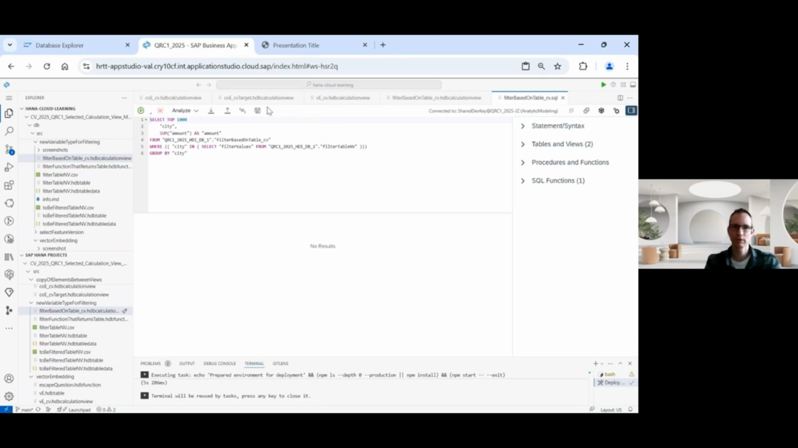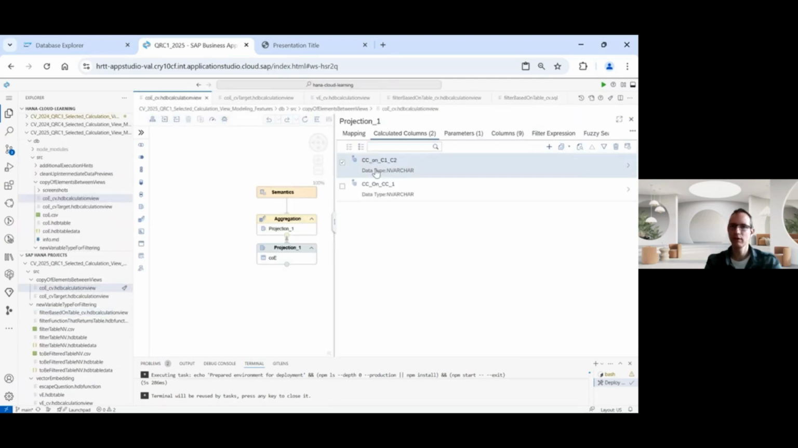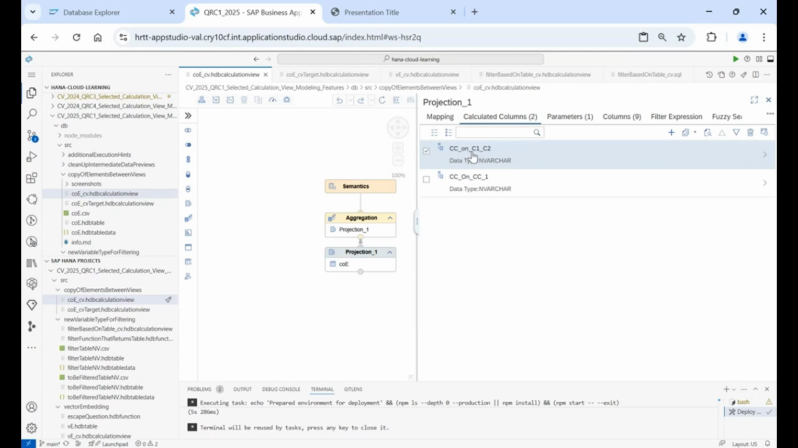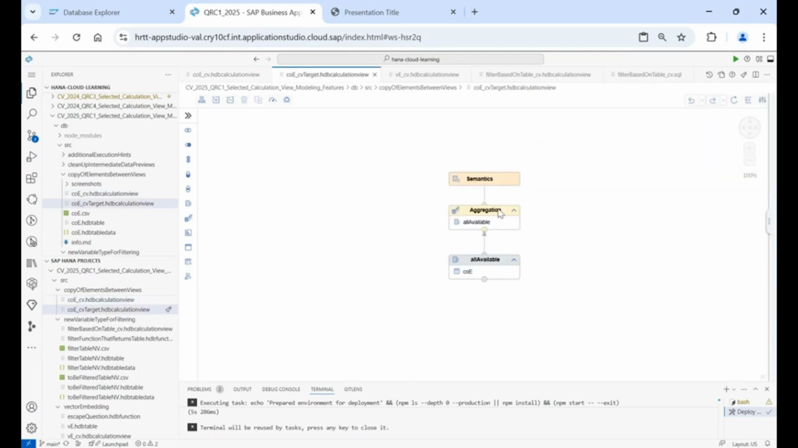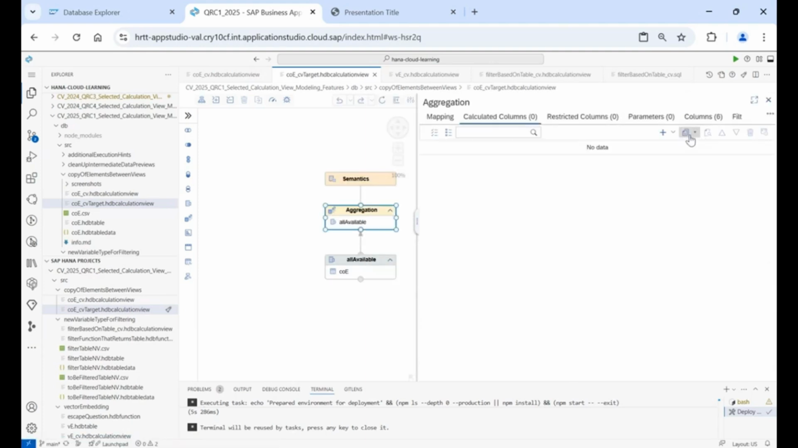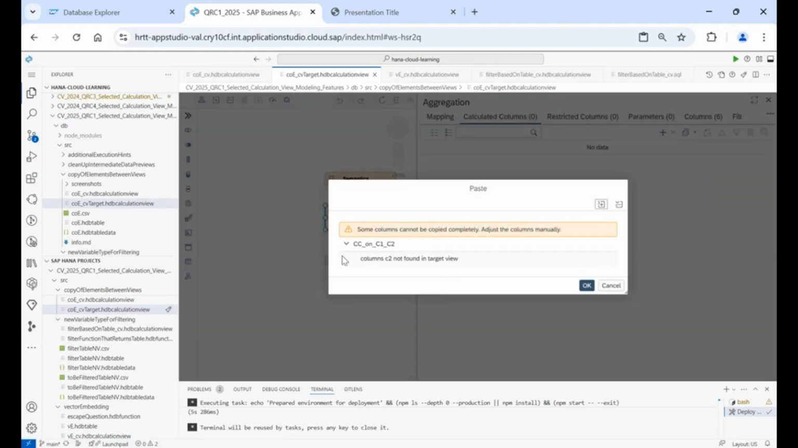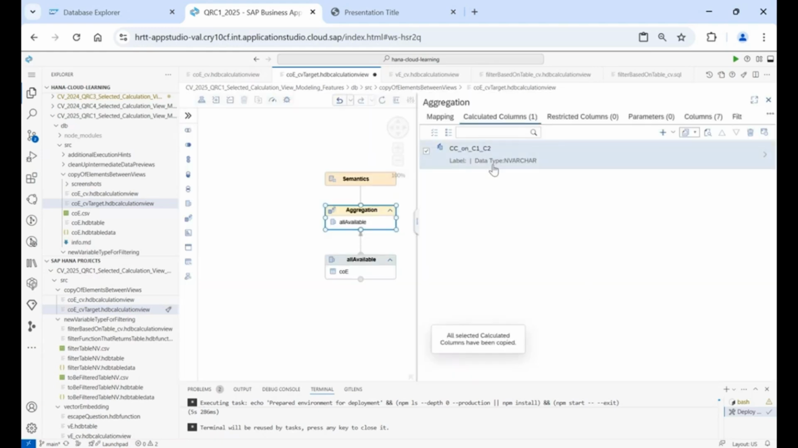So let's do a quick example here. I have a calculated column in this calculation view, and I select the copy option. I go to the target view, again to the calculated column tab, and I use the paste option. Now I'm notified that you are pasting this calculated column, and it depends on column C2, which is not in the target view. So now the calculated column is copied, but you have to resolve the dependency